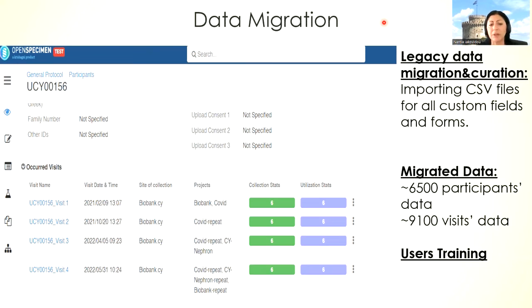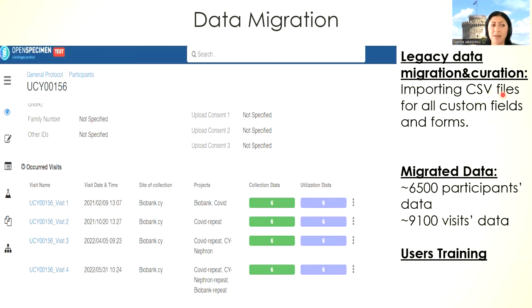So their corresponding participant and visits data had to be migrated in the system in order for the users to be able to work properly. Consequently, almost 6,500 participants' data, along with their corresponding visits data, have been migrated before going live by using CSV